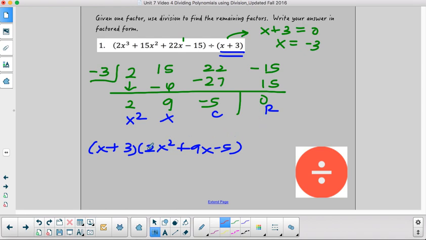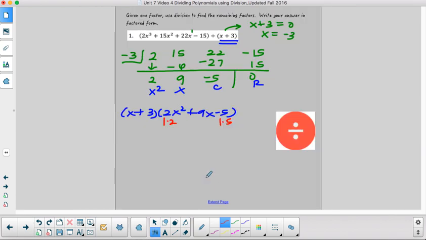So this one's a little bit more tricky because we have a 2 in front. So I say, well, what multiplies to 2? 1 times 2. It won't multiply to 5. We have to do a little bit more guess and check. So we have 2x and x in the front, because that's what multiplies to 2x squared. And now I just need to see how this works out. So if I try 1 here and 5 here,